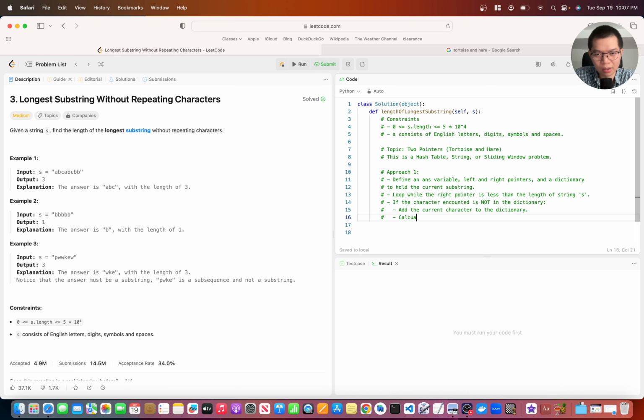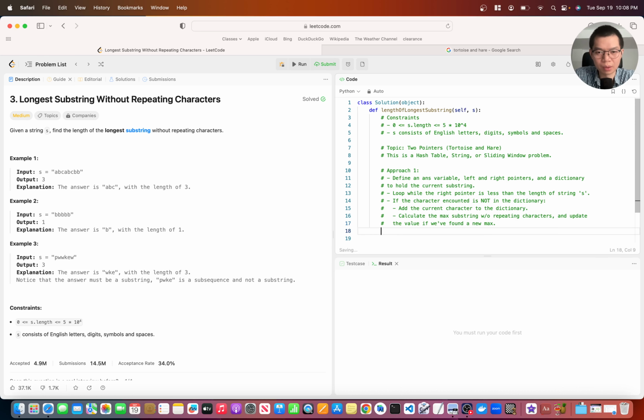Calculate the max substring without repeating characters, and update the value if we've found a new max, and then